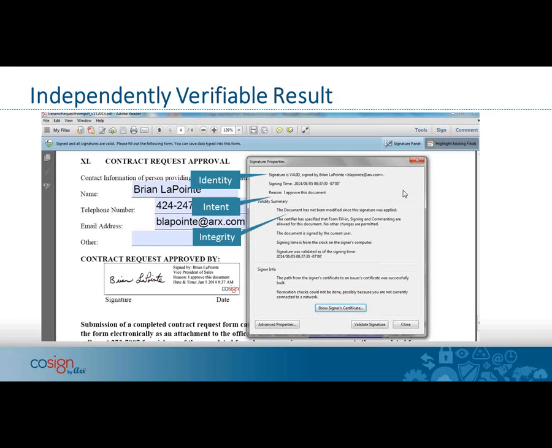So after a document's been signed by Cosign, you don't need us to verify it. The application itself is the one doing the verification of the signature. So there's no reliance on us as a third party after your document's been signed and put into your archive for long-term storage. You don't have a dependency on us. Whereas with other solutions, if you have to do the verification against an e-sign system that's in the cloud or something like that, there is a reliance on that firm to verify the signature, but not with a digital signature as the way this is deployed.